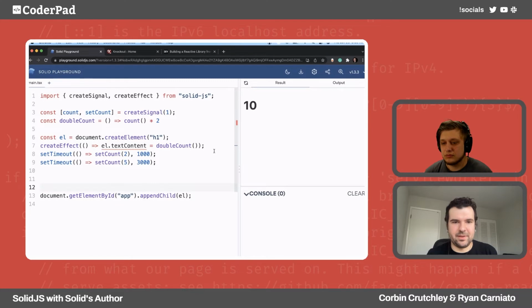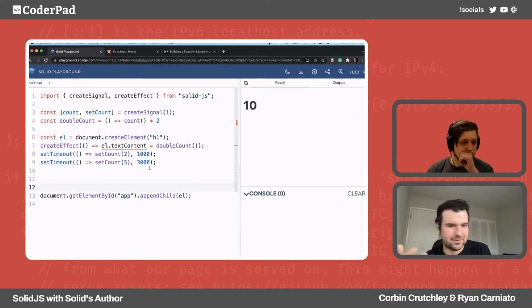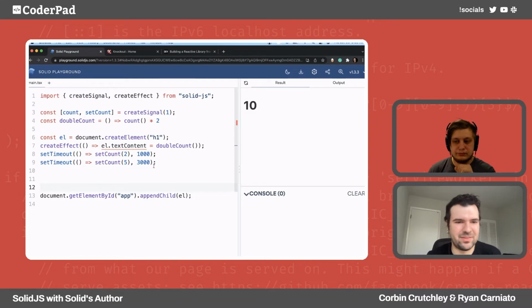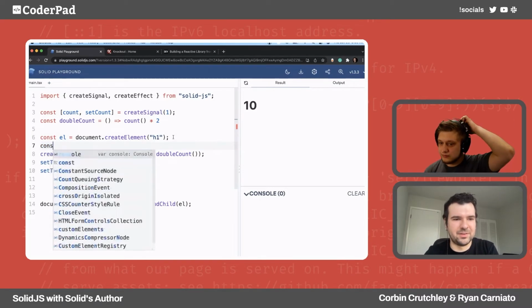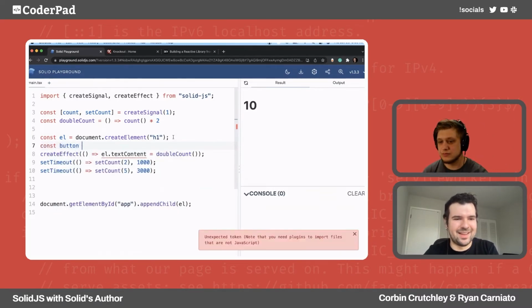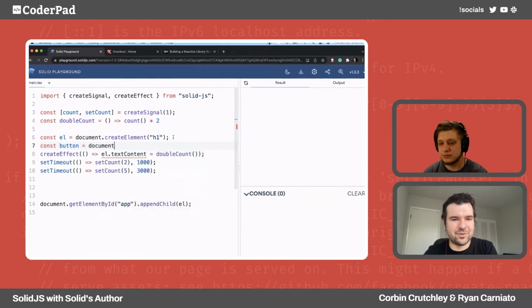And there you are, you're updating the DOM. Honestly, I'm not going to recommend people do this, because this still gets a little bit heavy to do yourself. Let's say the setTimeout isn't good enough for you, then you're going to be like, well, actually, I want a button. And you kind of see this just takes a bit of work.